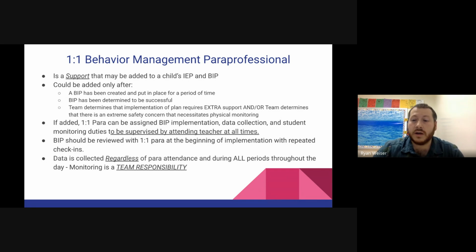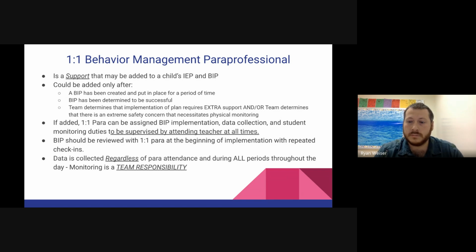That's what we're going into after this. But it really needs to be implemented no matter the situation. If that student is in school, data is being collected for them. It is also very important to be checking in consistently with the counselor at your site. If you are ever confused about some of the levels or what information is being taken, or if you have a new thought on a behavior, please consult your counselor before starting to take new data on things that are not on the BIP or the progress monitoring sheets.